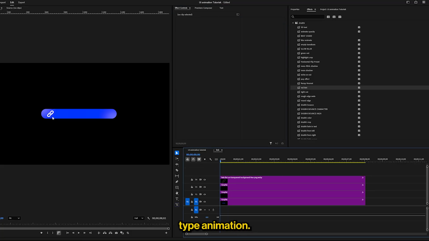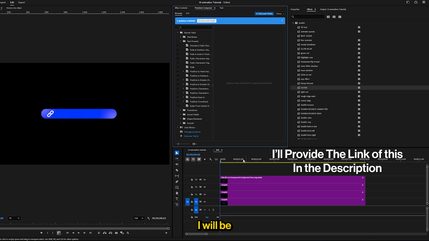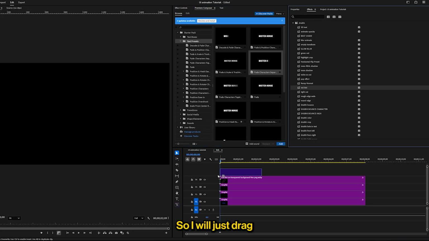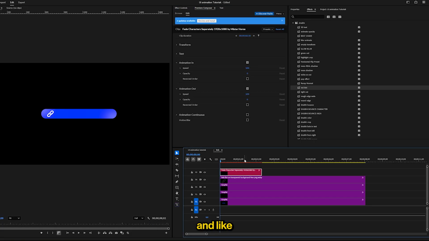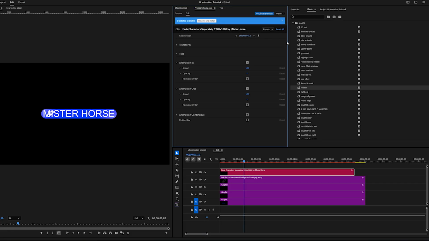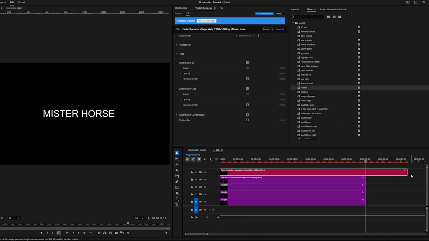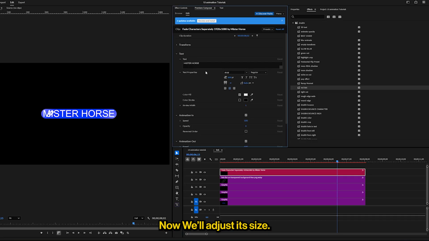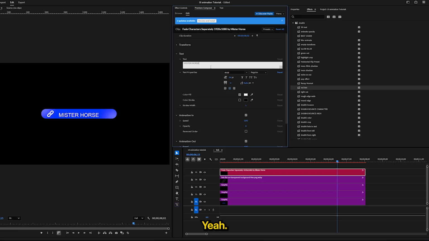Now I will add the type animation. For the text animation I will be using Premiere Composer, and the text preset we will be using is fade characters separately. So I will just drag and drop it and extend it a bit. Now we'll adjust its size. Yep. Maybe I will write something like www.bworks.com